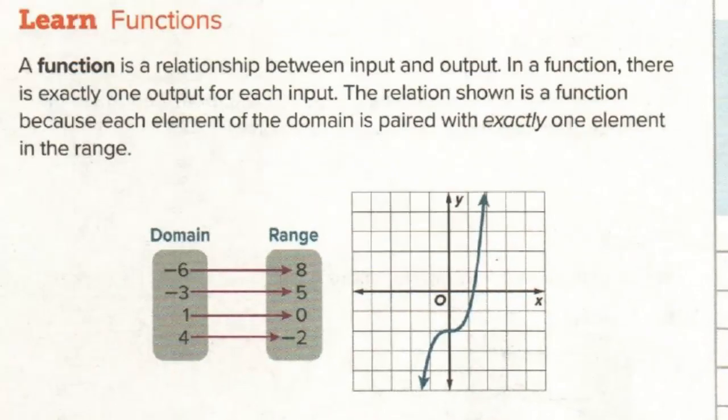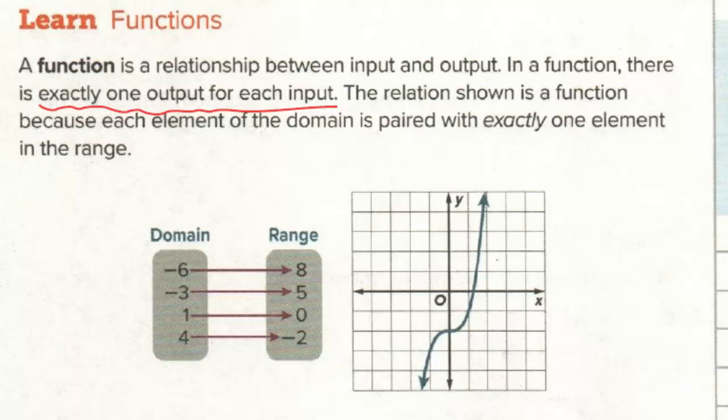What is a function? It's a relationship between an input and output. In a function, there's exactly one output for each input. This is a little confusing for each person, but what that means is one x value can only match one y value. The relation shown is a function because each element of the domain is paired with exactly one element